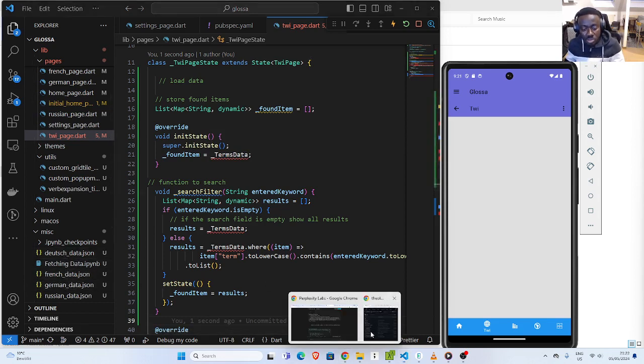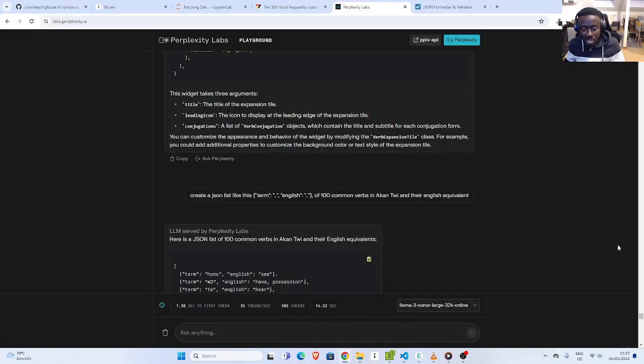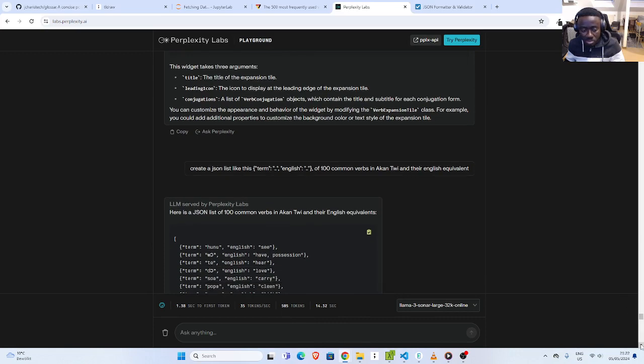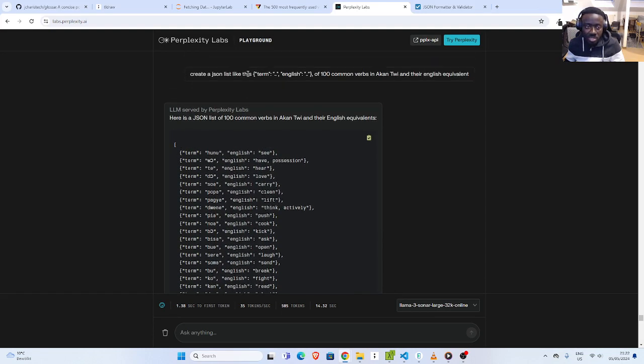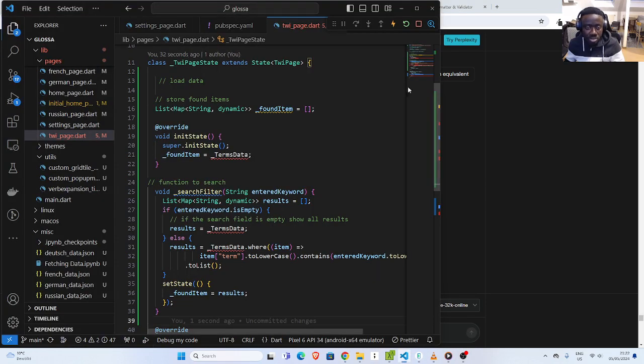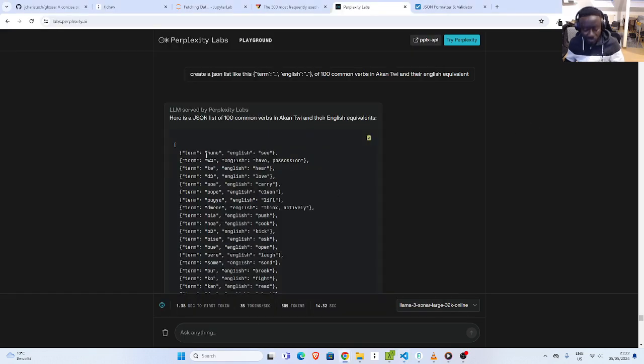So I went to Perplexity AI, and I asked the LLM to create a JSON list with the term in English of the 100 most common Arabic verbs. And this is it. The AI gave me this, and then I stored it inside a variable. So that's what we want to use. And as it is a list of dictionaries,